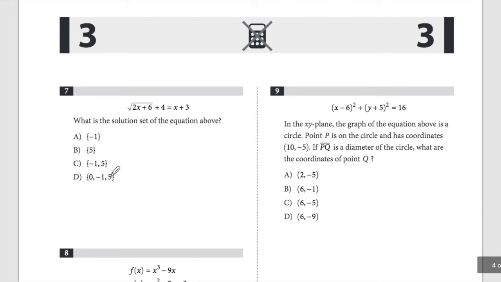Okay, which of the following is the solution set of this equation above? In my recommendation, when we have problems like this, I always just try to plug in values rather than waste time. So I'm just going to start with plugging in 0. If I plug in 0, it doesn't work, so obviously it can't be D. Now let's plug in -1. If I plug in -1, I'm going to get -2 plus 6, right? It's 4, but the square root of that plus 4, so it gives you 6,